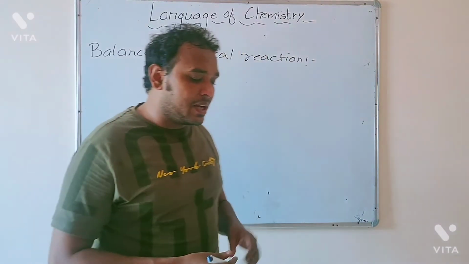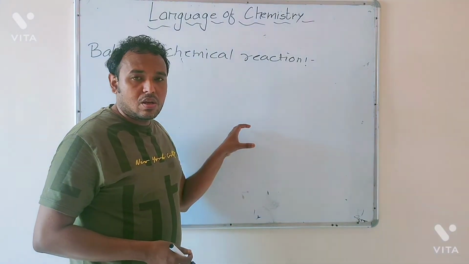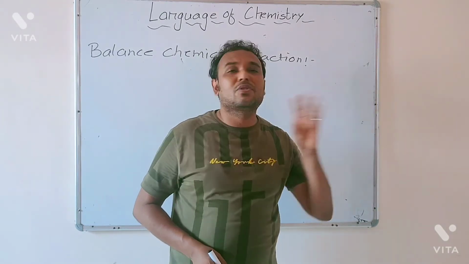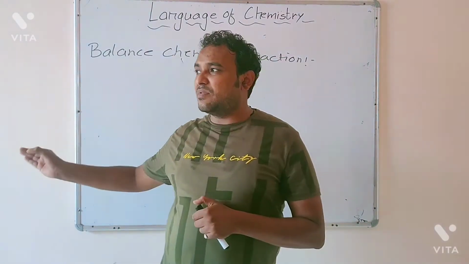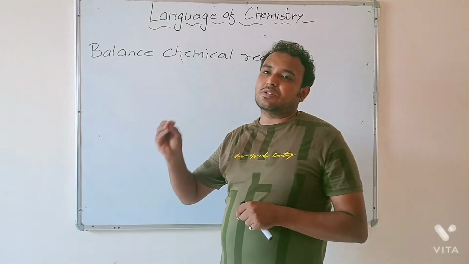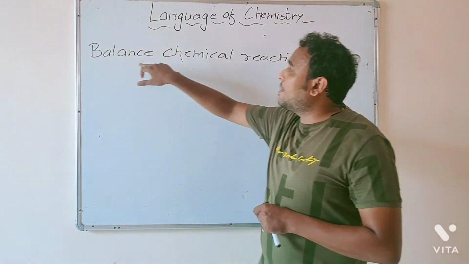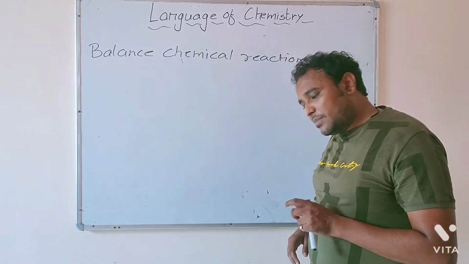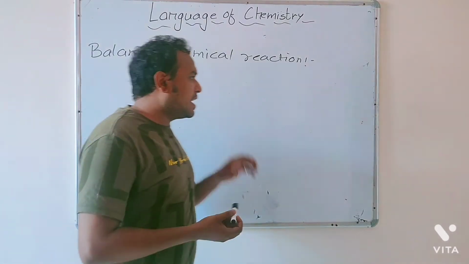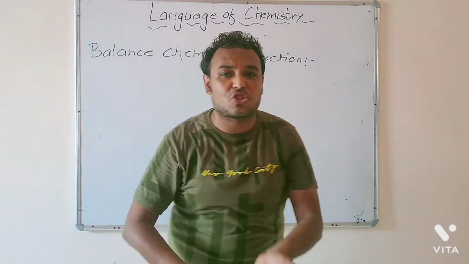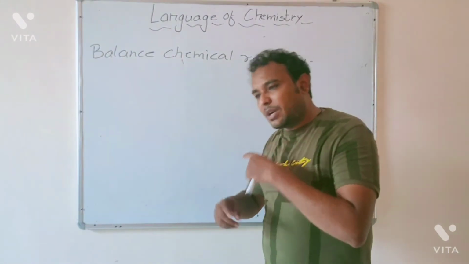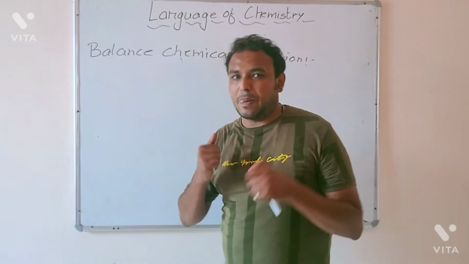Children, just now I explained the chemical equations. In a chemical equation, two things are there. One is reactant, second is product. What are reactants? Substances which take part in a chemical reaction are called reactants, and what are products? After a chemical reaction, those things which are formed are called products. Now the question comes, what is a balanced chemical reaction? Listen carefully, children. During a chemical reaction, atoms can neither be created nor destroyed, they are only rearranged. That means they move from one place to another place. So by the rearrangement of atoms, new substances are formed.